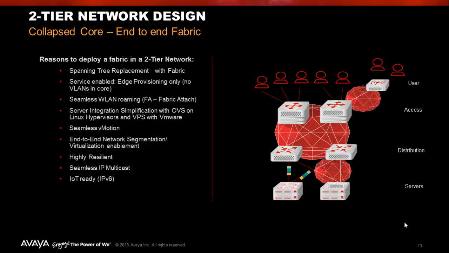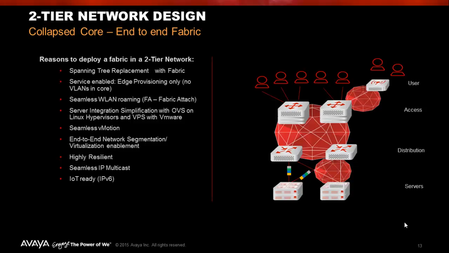I have seamless wireless LAN roaming using Fabric Attach and the ability for individuals to move across my campus without the need for tunneling or any other complex type of technologies underneath. On the data center side, I've got server integration and simplification with things like OVS, Linux hypervisors, and VMware. I also can support seamless vMotion. I can support end-to-end network segmentation, virtualization environments, where I can actually start to support domains to support PCI, HIPAA,